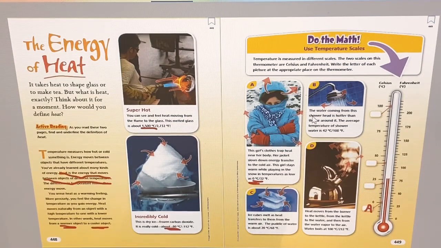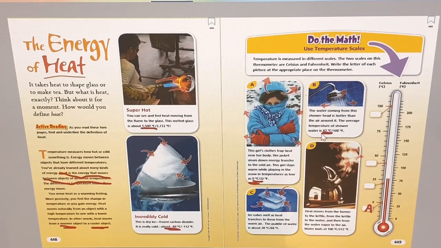Now, B. The water coming from this shower head is hotter than the air around it. Look over here. Look at the arrow. Where does the arrow go? It's going outside. So the heat is coming from the shower head and moves to the cold air around it. All right? The average temperature of shower water is